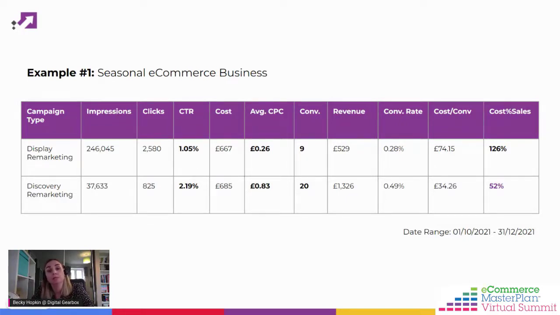So we saw the reach on discovery ads is lower than that of traditional display ads. The average CPC for discovery was higher, but we were using a manual CPC bidding strategy on display, which kept the bids very low, whilst discovery used max conversion. Click-through rates were much higher on the discovery ads, as were conversion rates, and they were actually able to make profitable direct sales here, unlike they were with the display ads, where the cost per conversion was double.